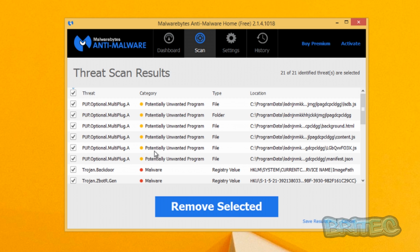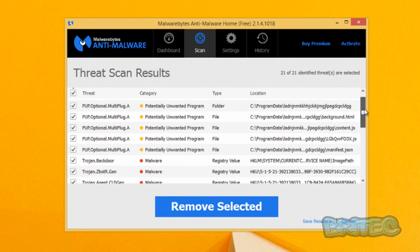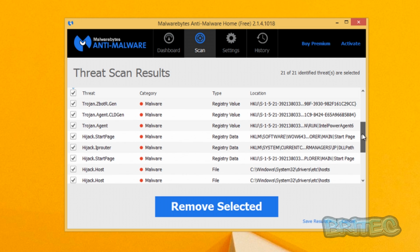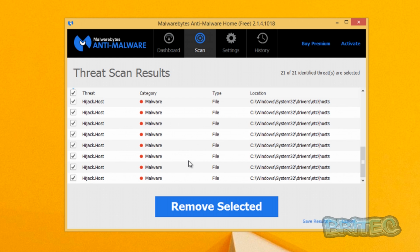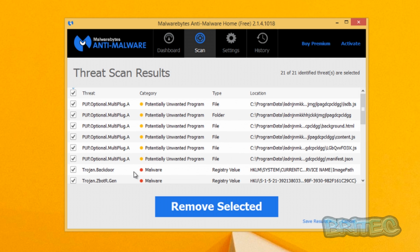But you can see the importance of using different types of software, because they all have different capabilities of detecting different types of malware on the system. So if you just stick to one piece of software, you're going to have the potential of missing a hell of a lot of other stuff on the system. So it's very important that you use many different types of software to detect stuff that the others may have missed. So without discrediting any one particular type of software, it's always best to use a number of different types,